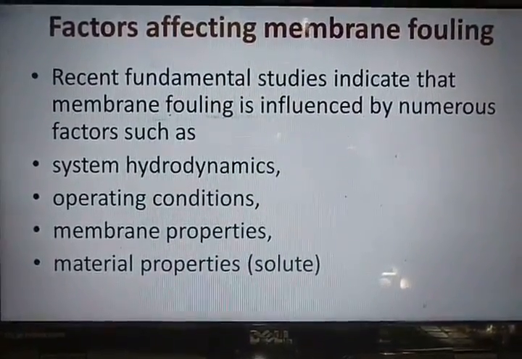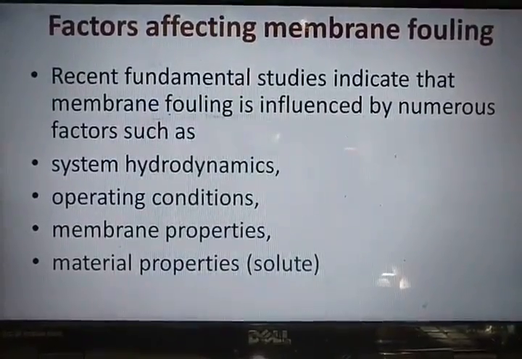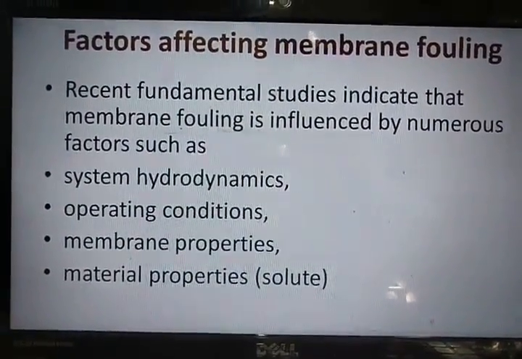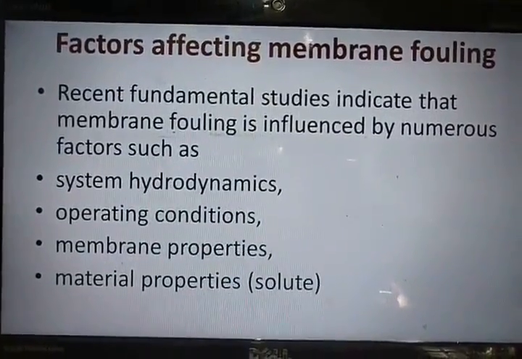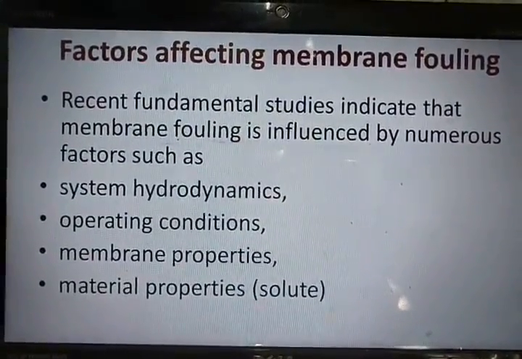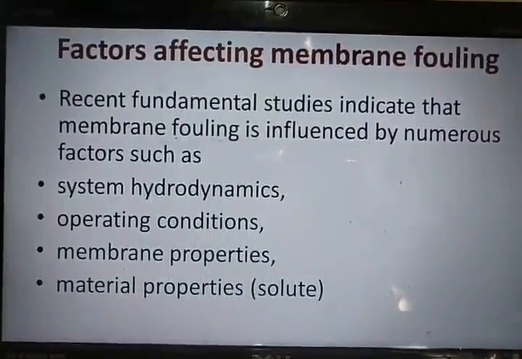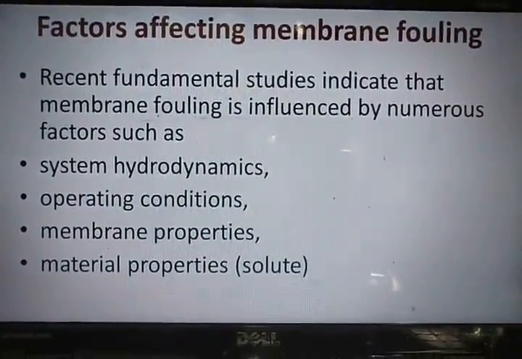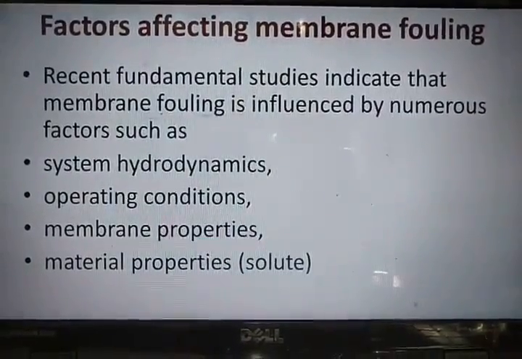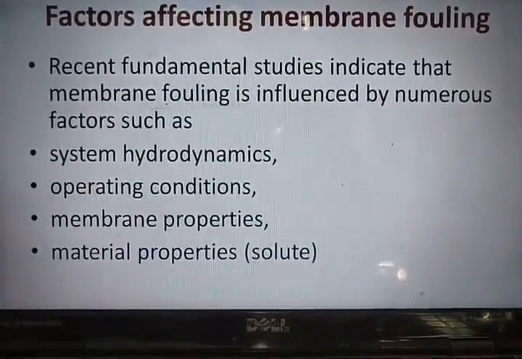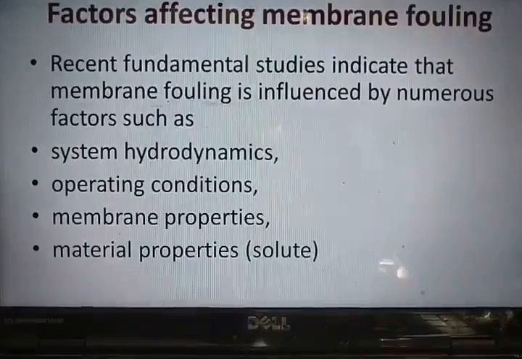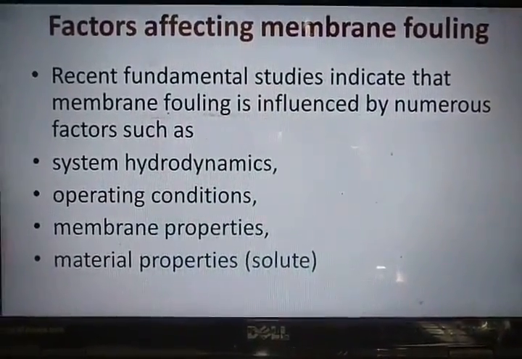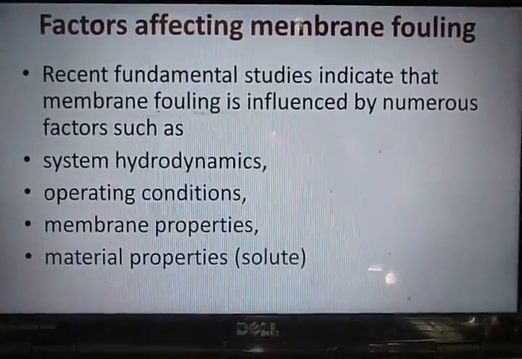And the material properties, that means the characteristics of the water which is passing through the membrane. It could be highly turbid or have high hardness. The water may contain very high monovalent ions or divalent ions. It may contain high levels of impurities with respect to suspended and colloidal solids, or numerous kinds of organic material which may degrade the membrane material, or some viruses, protozoans and bacteria. So these are the factors which affect the fouling of the membrane.